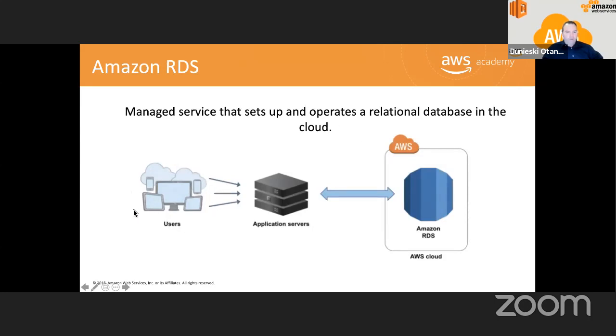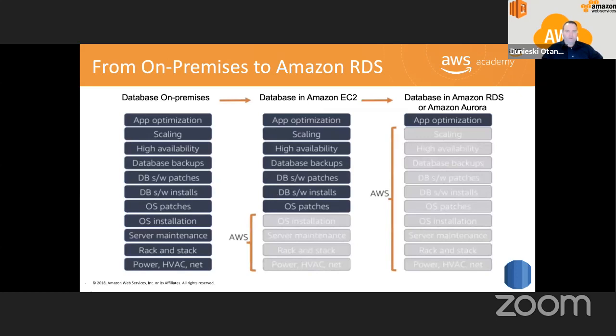So you have the users here, and then you have the application servers. You also have the EC2 instances that you have in another layer, and then the other layer of instances. I guess they will probably be in a private subnet, both of them, the application servers and the RDS. So you have to go here, and this is in the cloud, just in case this is out of the